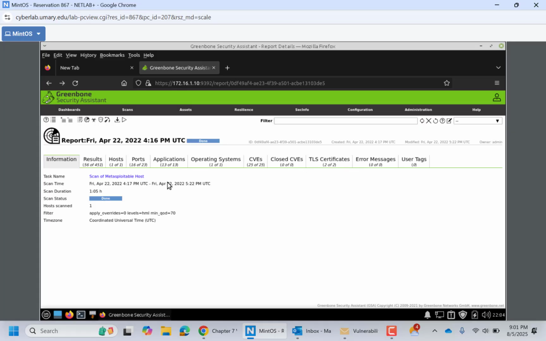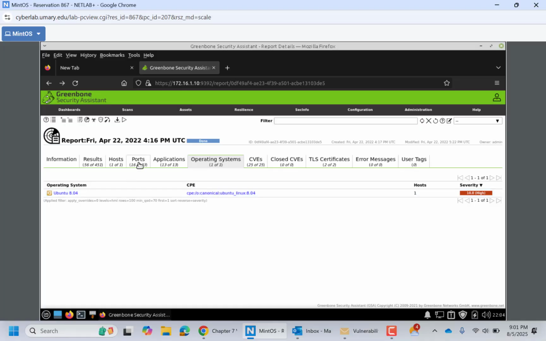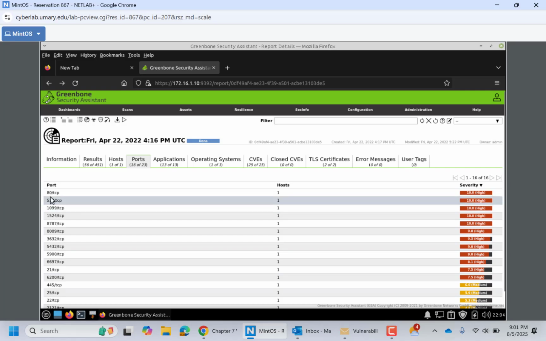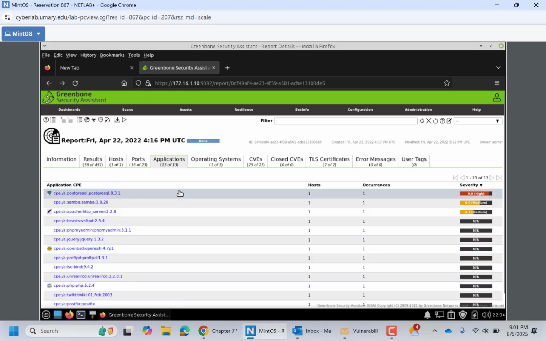And so now, once we have this report, as a cyber defense team, we'd want to go remediate this machine. Well, how do we remediate it? Well, number one, we'd probably want to look at upgrading the operating system. And sometimes you can't. So if you can't upgrade the operating system, maybe you can implement a firewall, maybe you can turn off some of these ports, maybe you can update the applications that are running on it, maybe you can remove the applications if they're not being used. So there are some different things you can put into a defense side of things to make this machine a little bit more